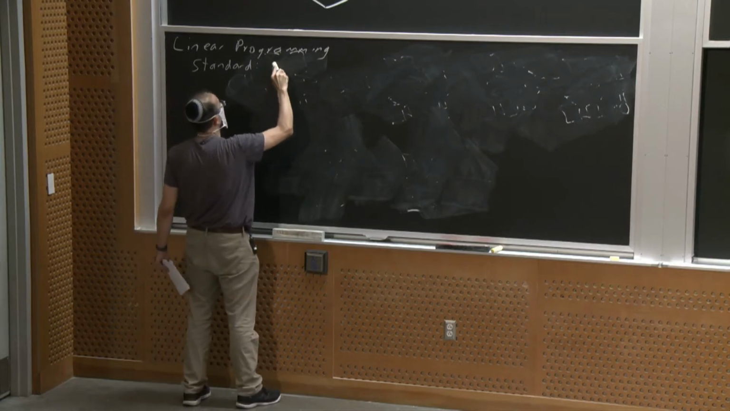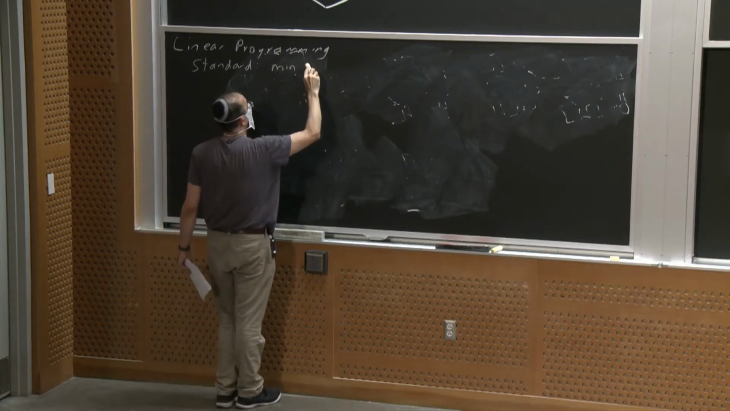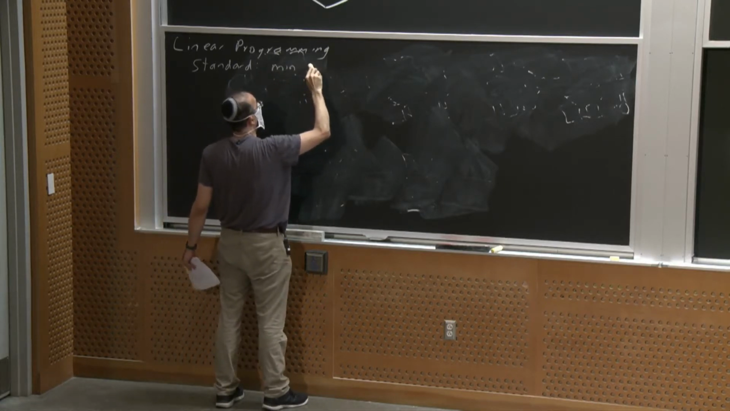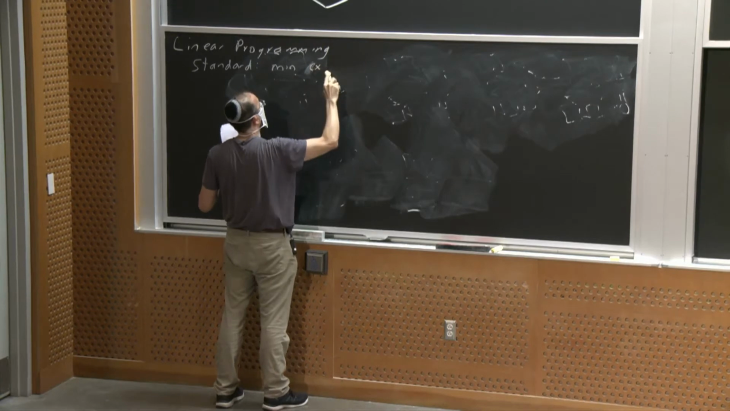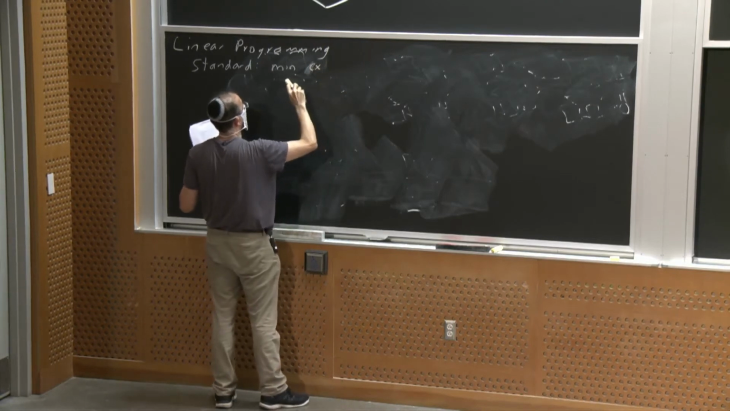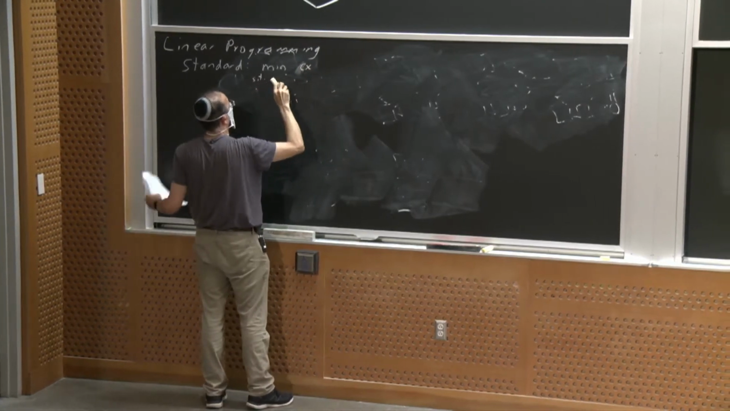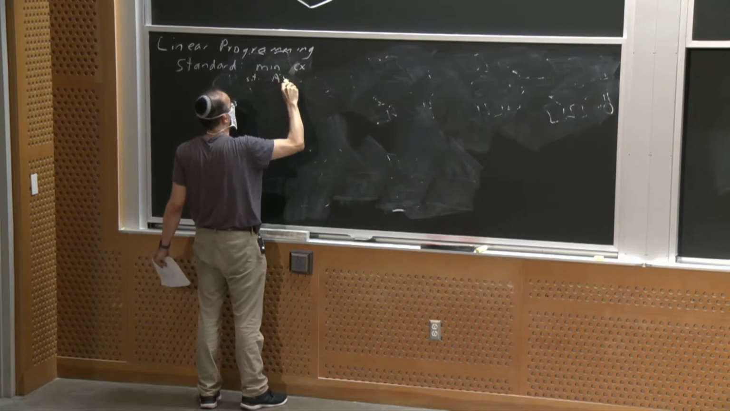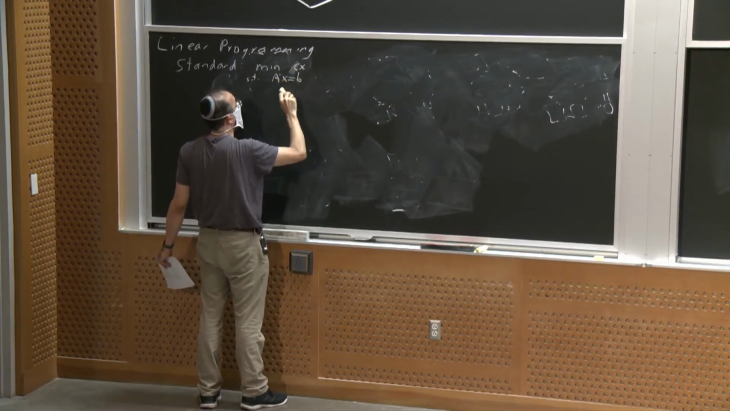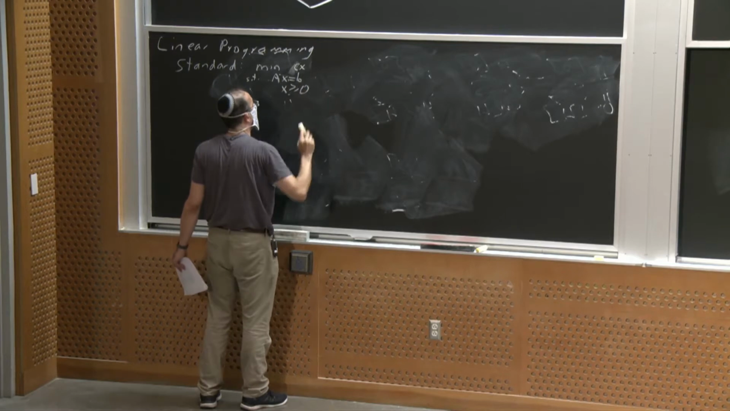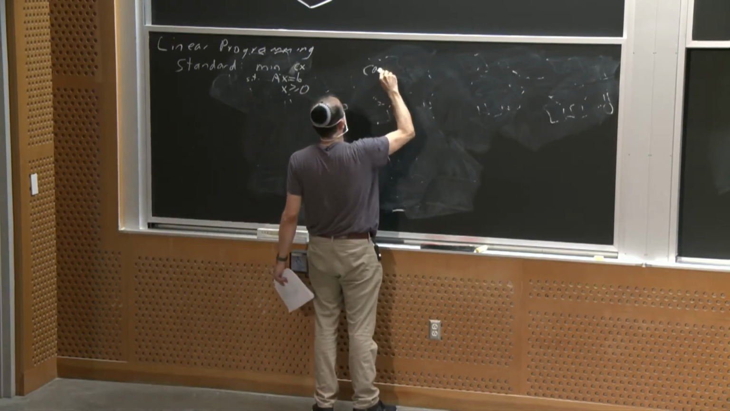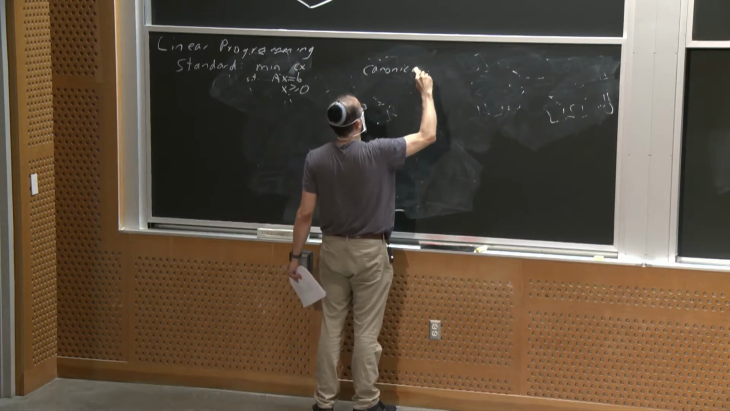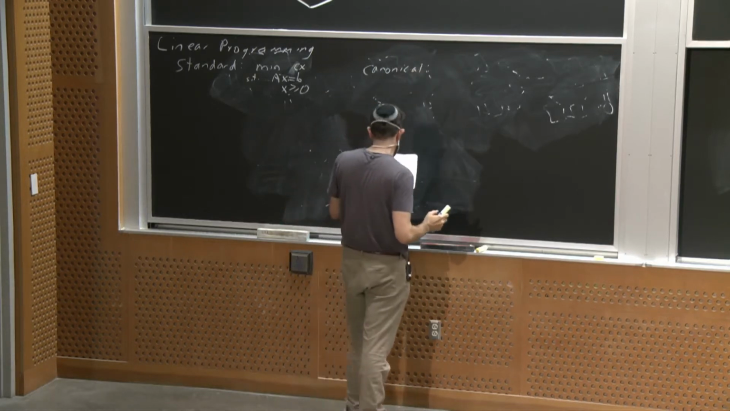Where we write min cx such that Ax equals b and x is greater than or equal to 0. And also the canonical form, where we write,